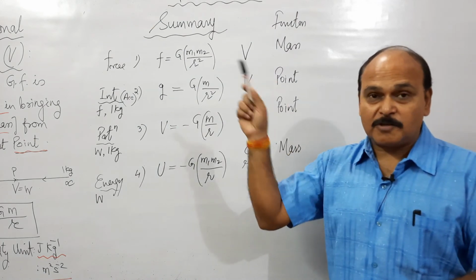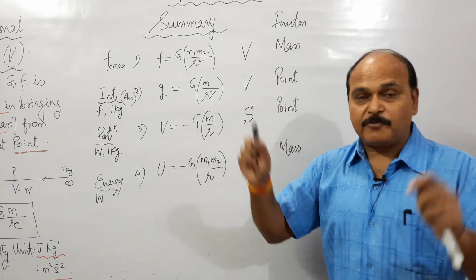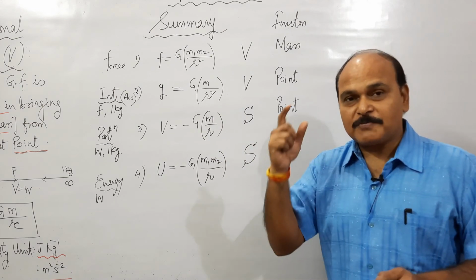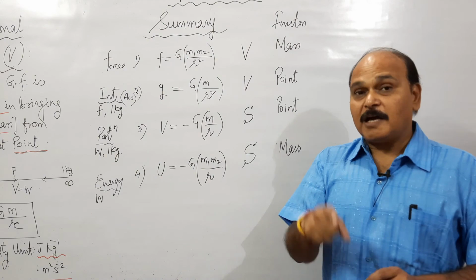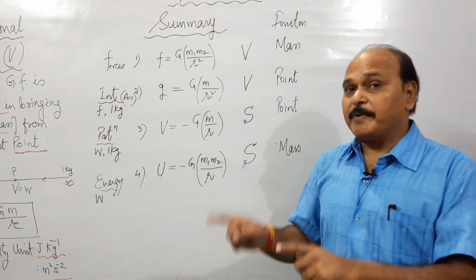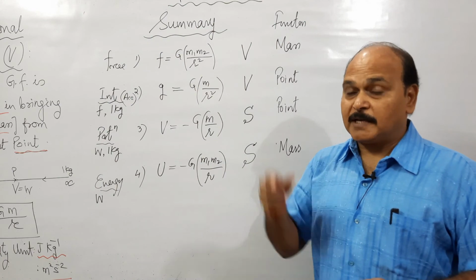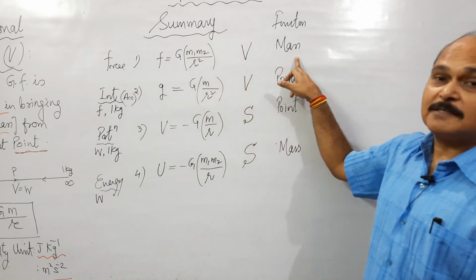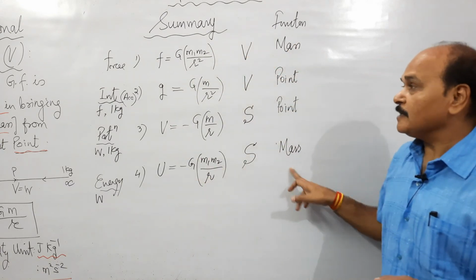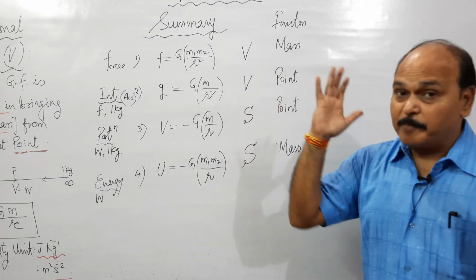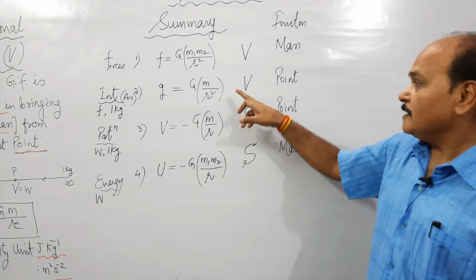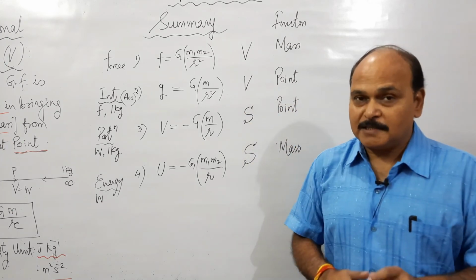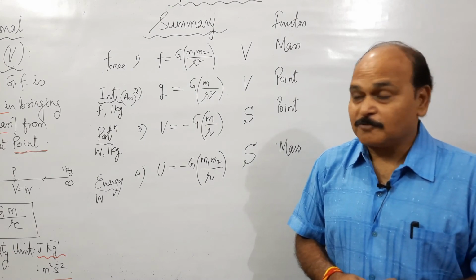No point, it is not a point function. That means no point is characterized by any force. No point is characterized by any potential energy. So we always find out force over a mass, and we always find out potential energy of a mass, of course at different points, but there has to be a finite mass. So we always talk about force over a mass, we always find out potential energy of a mass. That is why force and energy, they are what? Mass functions. On the other hand, G and V both are point functions. Their values are defined for various points in the gravitational field. So these are point functions.